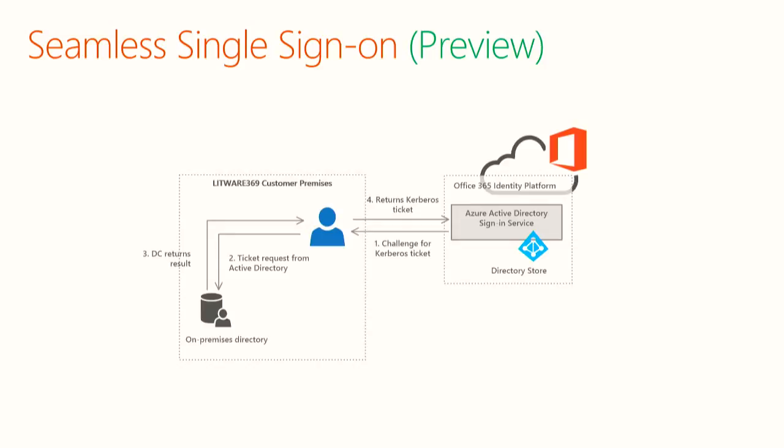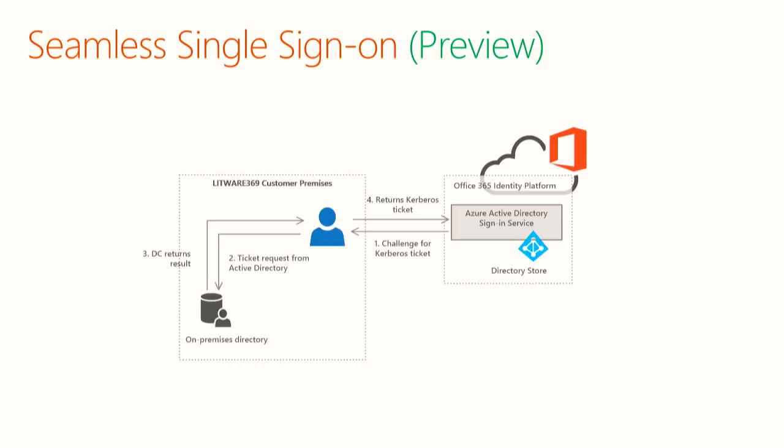Okay, this is seamless single sign-on. It used to be called desktop SSO. In fact, I think some documentation out there still refers to it. So I don't know why they renamed it. They literally called it something else the day they released it, where the day before they were still referring to it as desktop SSO. And really, all it is, when you enable this box in AD Connect to turn it on,